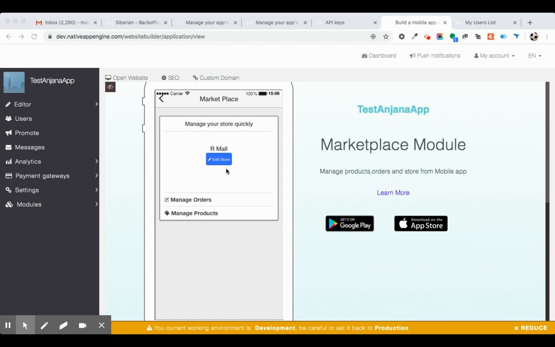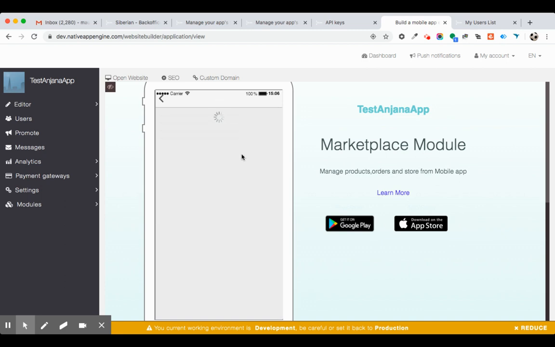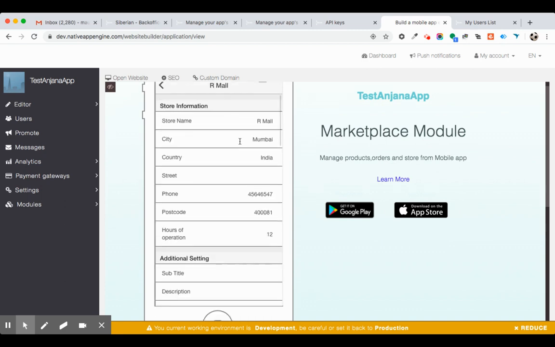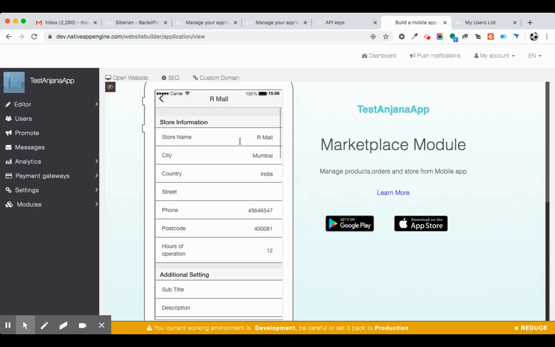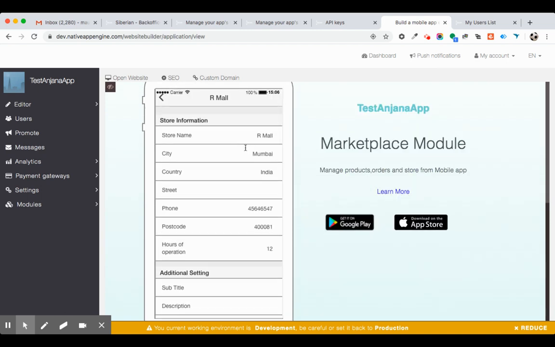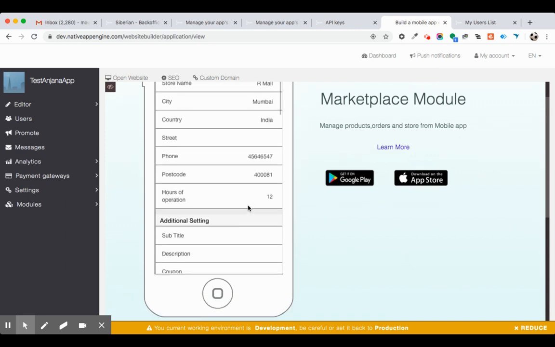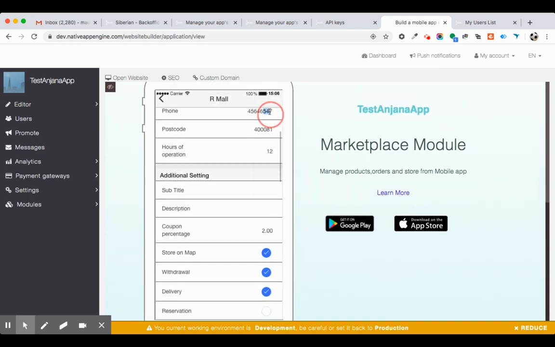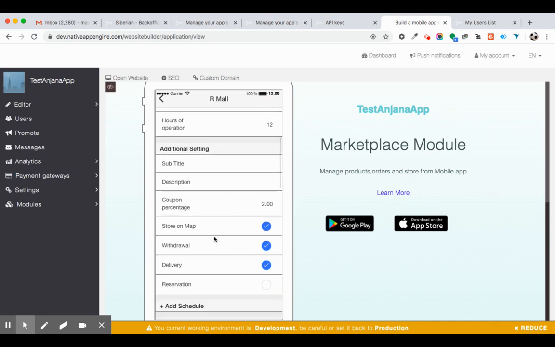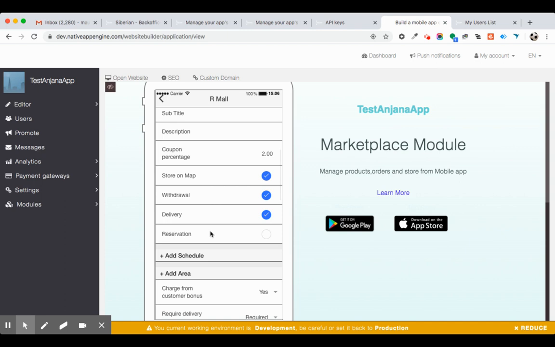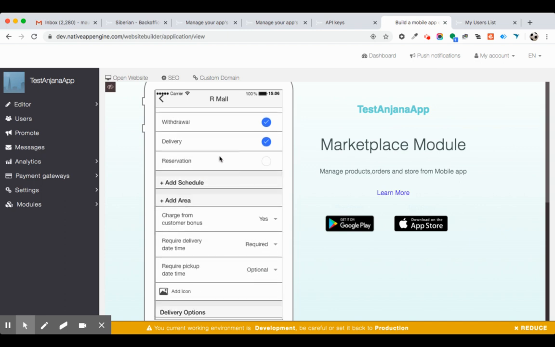I have already created a store in this app, so I'll be able to edit the store. This create and edit store looks the same. So see, this is the page when a user tries to create a store. You can just enter store information. Whatever information was captured from the editor, all those fields are available from the mobile side actually. As you can see, everything is there. You can do all the settings that are needed for the store from the mobile side.